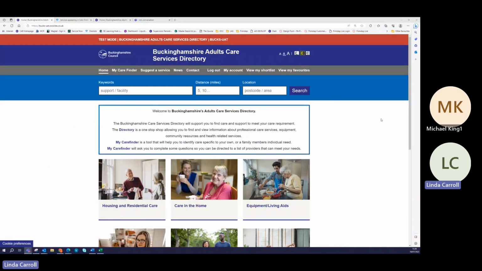So this is our landing page. It gives you a bit of an explanation as to what the service directory is. The directory supports you to find care and support services to meet your requirements. It's a one-stop shop and it allows you to find out information about various care services, equipment, community resources and